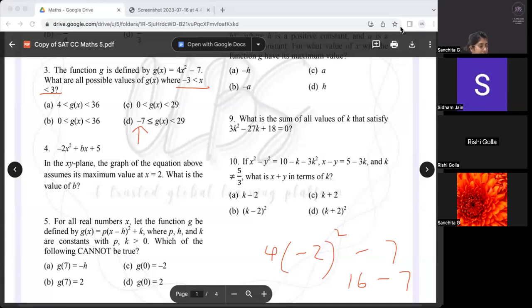-7. And my highest number is 36. So they took the extreme numbers, highest and lowest. Yes, correct. Okay, got it. That is why we have to plug in what's the best option, or you can use like a quadratic